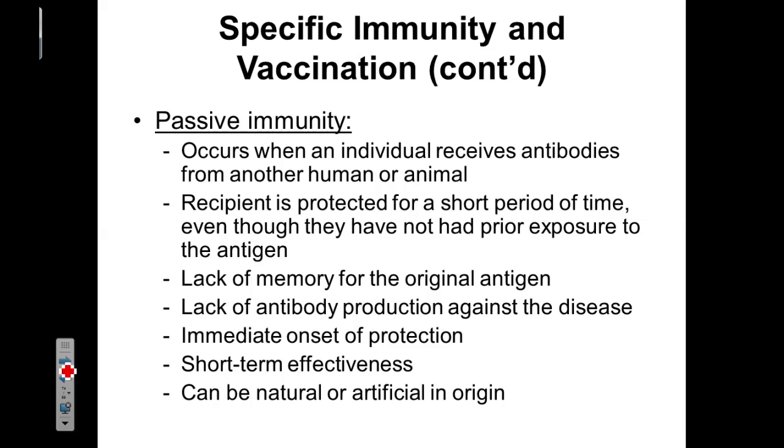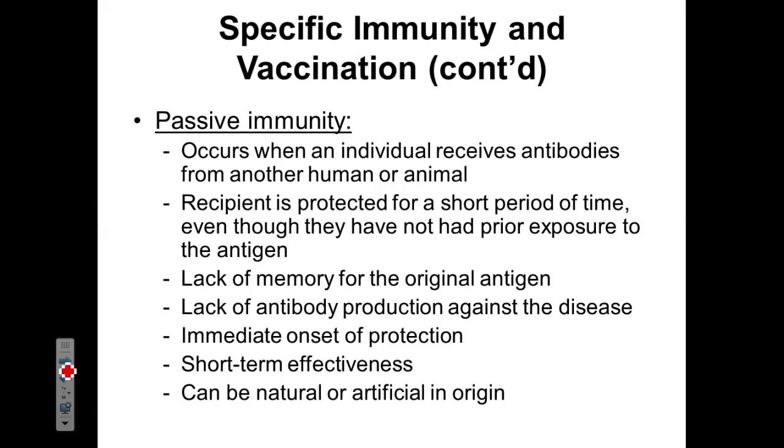Passive immunity, on the other hand, is going to be the injection of antibodies into a human being. So instead of exposing somebody to the antigen and having that individual make their own antibodies, we'll just skip the T cells and B cells and go directly to injecting antibodies into their body. An individual that receives an injection of antibodies will be protected from the antigen for a short period of time while the antibodies are active in their bloodstream. But these antibodies have a shelf life. They do not last forever.